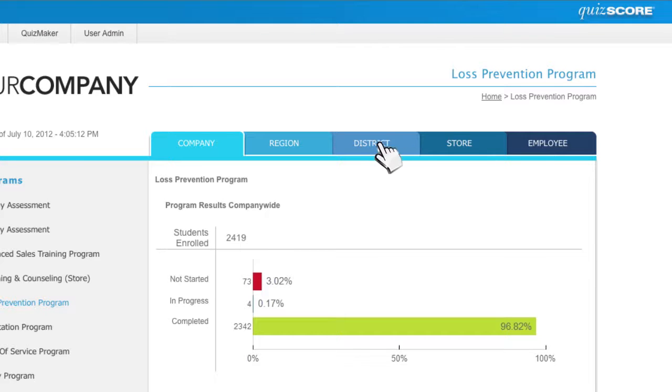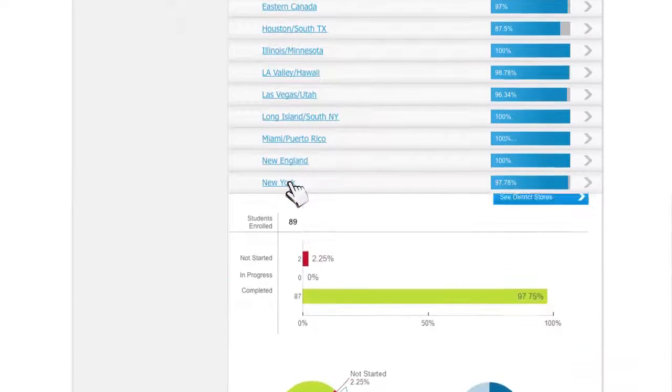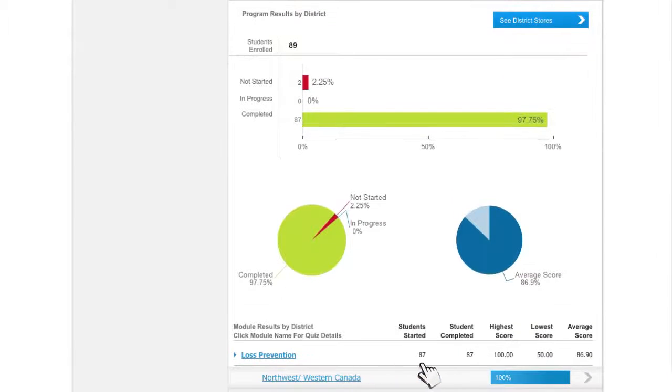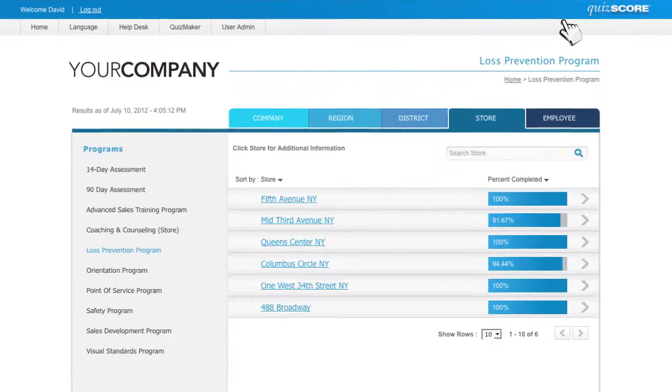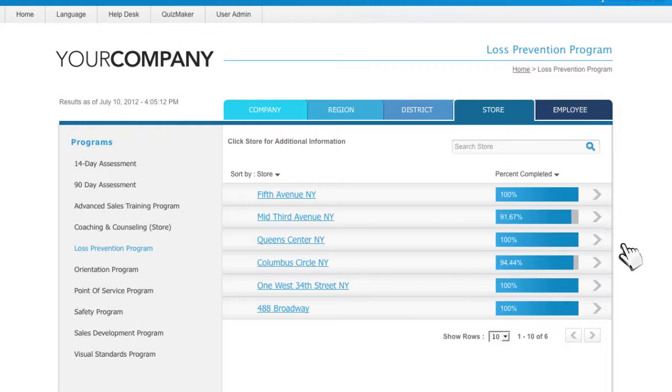For example, let's click through the New York district. Here, you see a quick overview graph of completion and average score for the entire New York district. To see specific stores, click the See District Stores button. You now see all of the stores in the New York district and an overview of percent completion for each